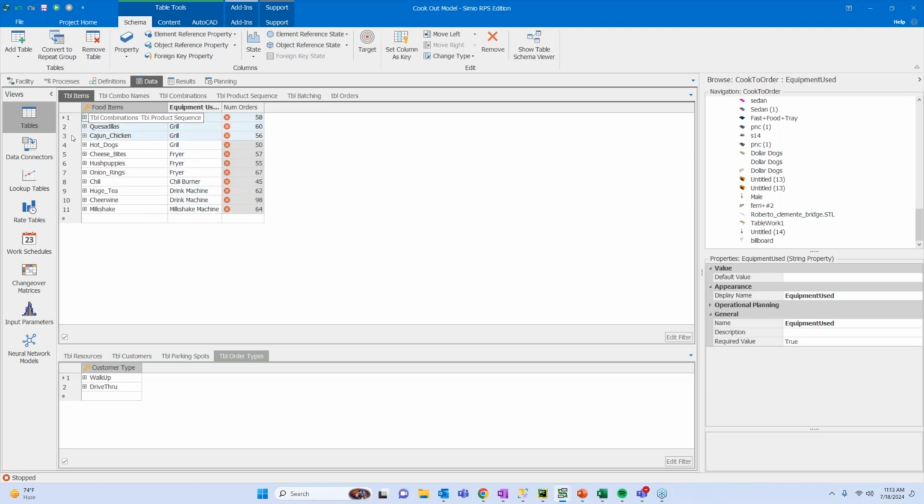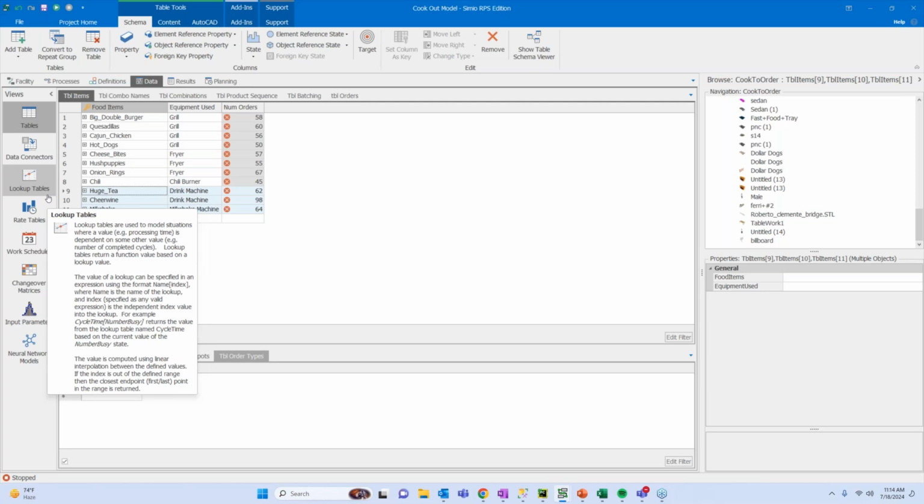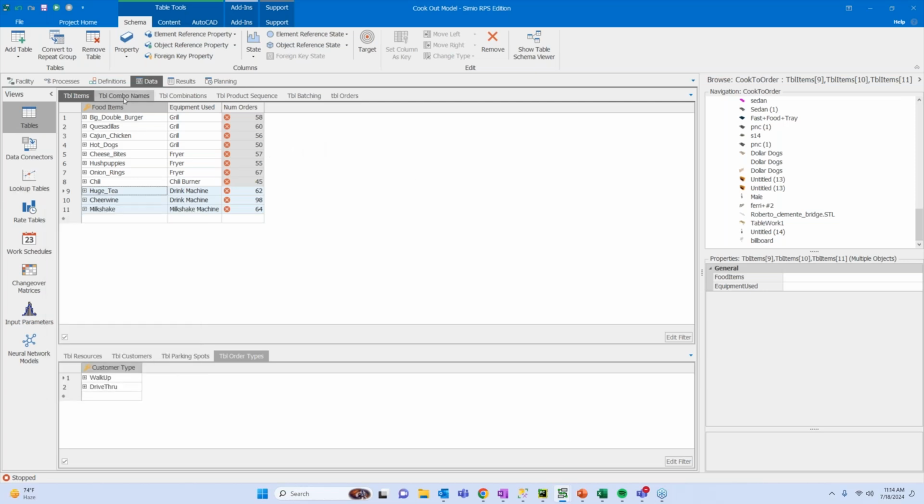These are my four main options. When customers come in, they could choose from any one of four entrees. So I have my four entrees, as well as three different side items and a few different drink items. I've taken those and identified them as objects in my model.